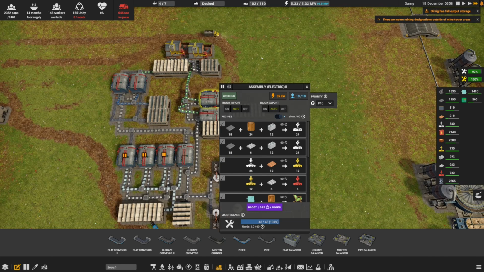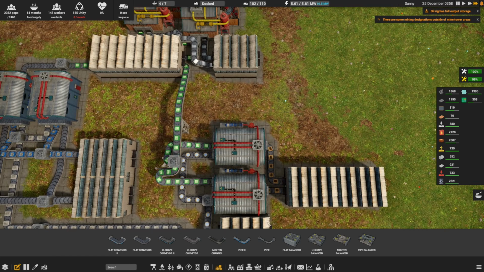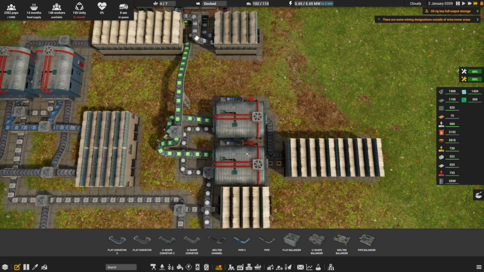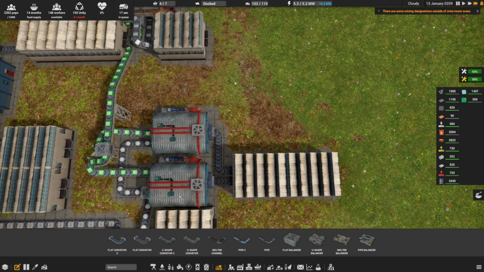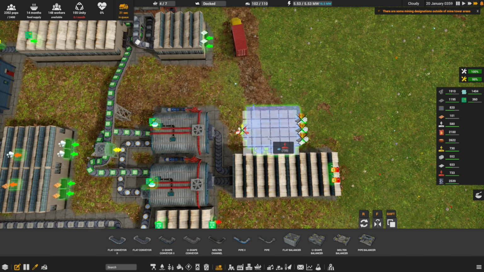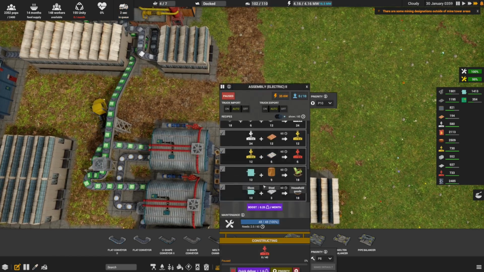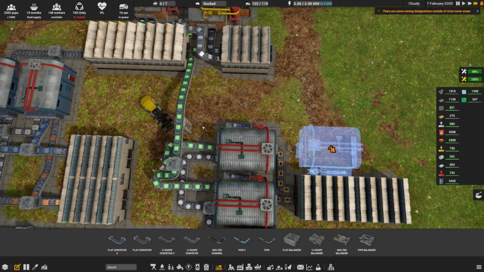This is running slowly though. I think what I'm going to do is add an extra one. But if we wanted to do that, we'll need to be pretty tight here. Okay, let's do that. Let's build one more of these. That should do the trick. What we're after here is the household electronics. We will need